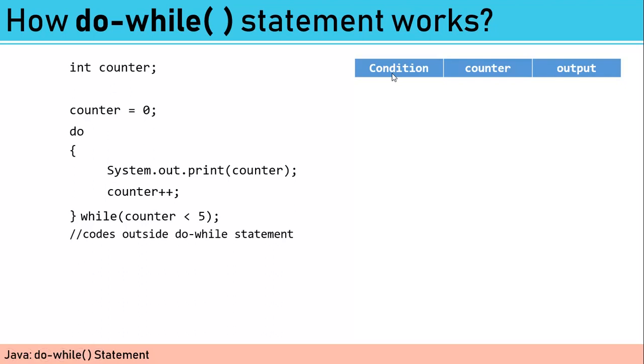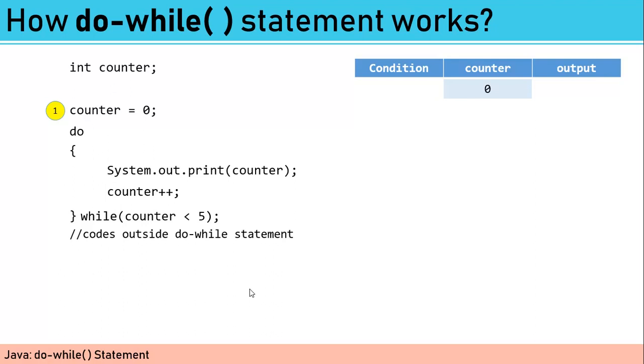You simply substitute the current value of the counter and then try to evaluate if it is true or false. So if it's true, then repeat the process. If it's false, then move out of the loop. So first one,